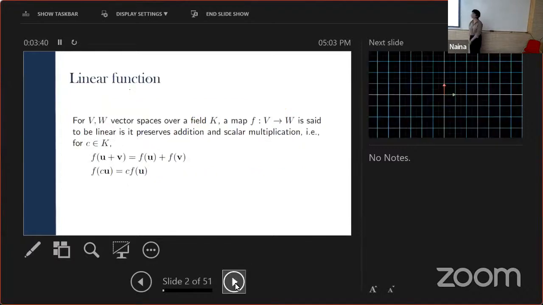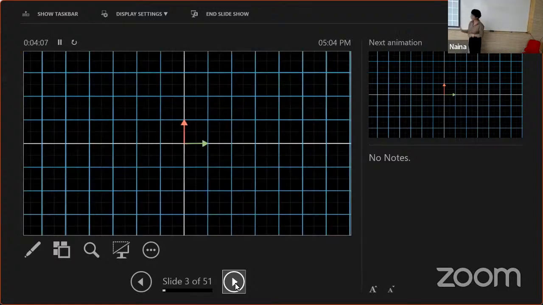To begin with, we'll start with what's called a linear map. If we're given any two vector spaces over a field, we can define a linear map to be any map that preserves addition and scalar multiplication. If you imagine this in R2, it's like you can rotate the plane or stretch it, or do various kinds of things to the plane, as long as you keep the origin in the same place. For a visual representation, you can see this.